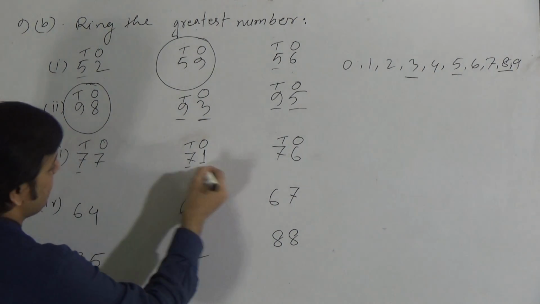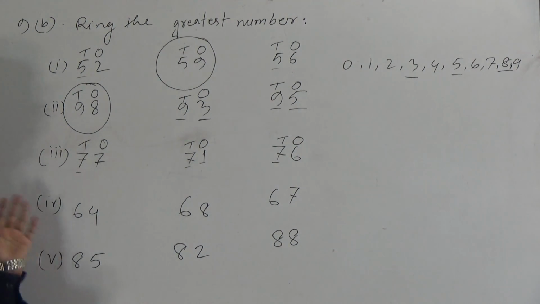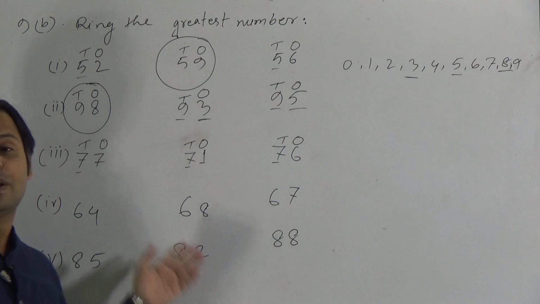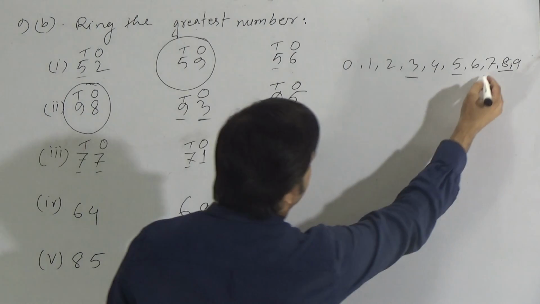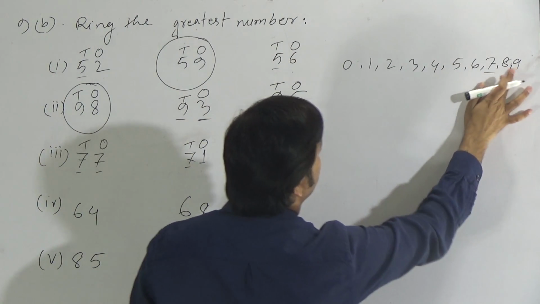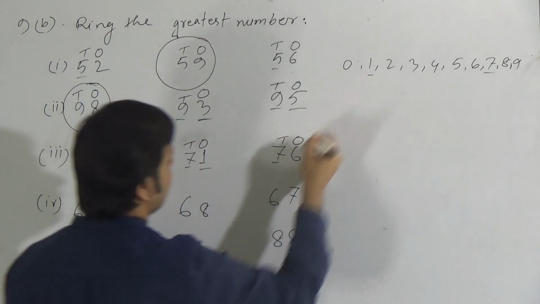Tens position 7, tens position 7, tens position is 7. It means that in this case also the tens position is always the same. So we have to compare the ones place. So the ones place is 7 here. Right here 7, indicate 7 here, and then here the ones position is 1, here is 1, and here is